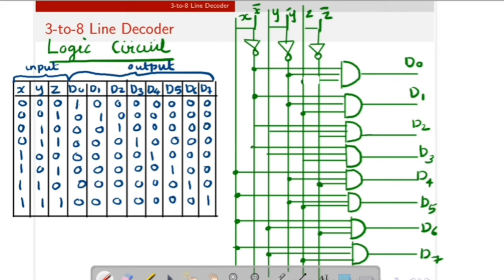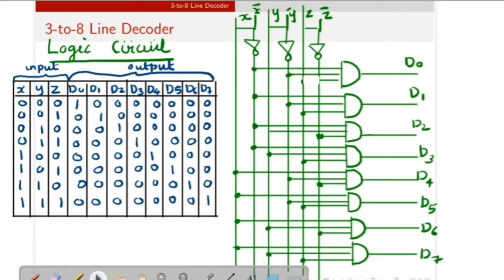Then D3 for X bar, Y, Z. Then D2 for X bar, Y, Z bar. Then X bar, Y bar, Z, X bar, Y bar, Z bar.